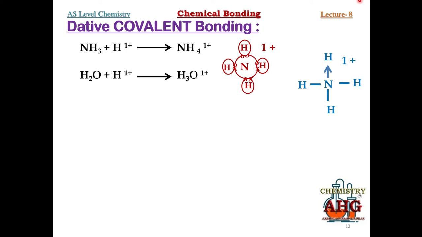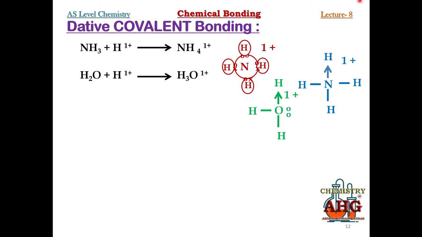So I am giving you the Lewis structure for H3O positive. Oxygen is having 2 simple covalent bonds and 1 dative bond. You can see the direction of dative bond from donor to acceptor. H will be placed on all sides, charge 1 positive, and still oxygen has 1 lone pair. So this is the Lewis structure for hydronium ion showing dative bond formation.